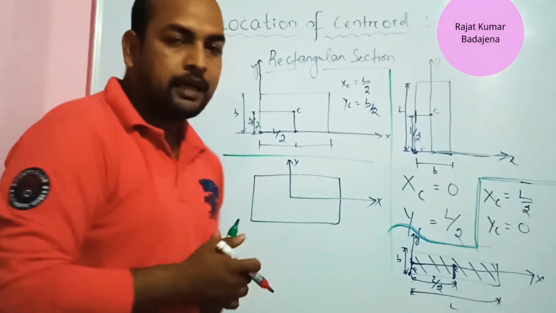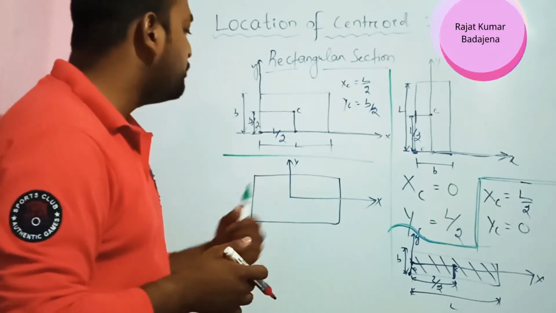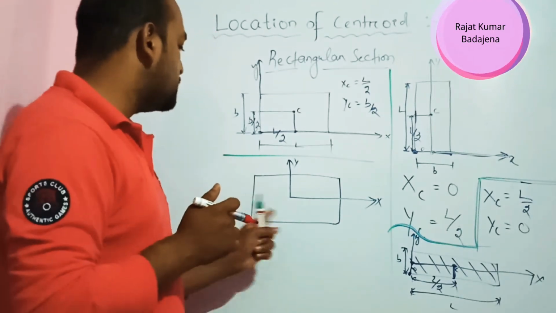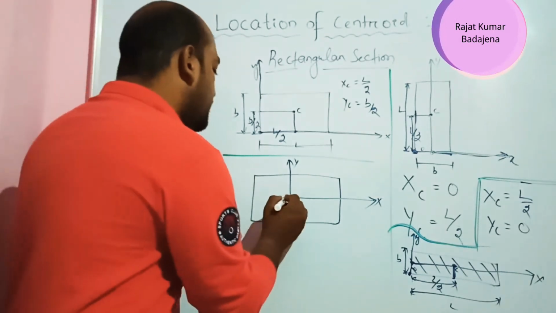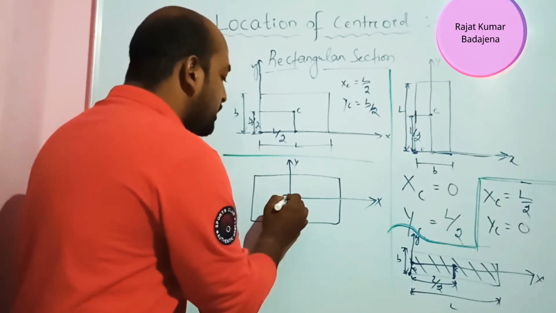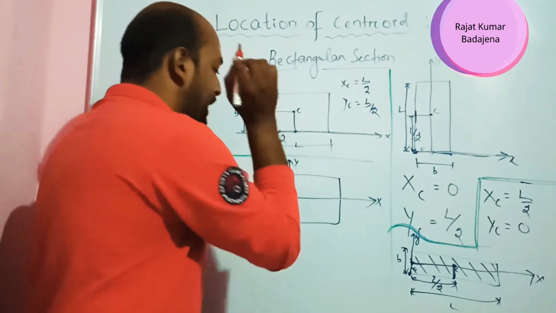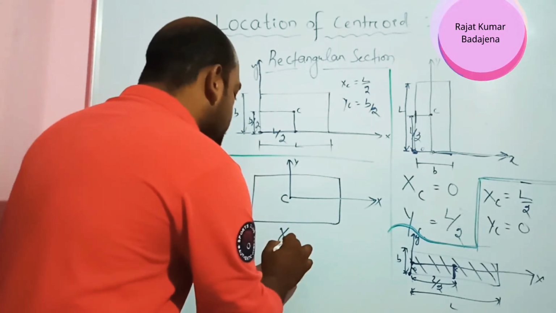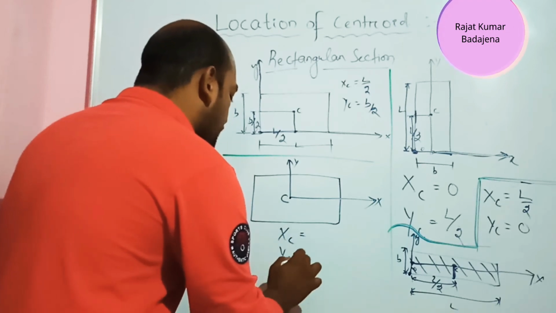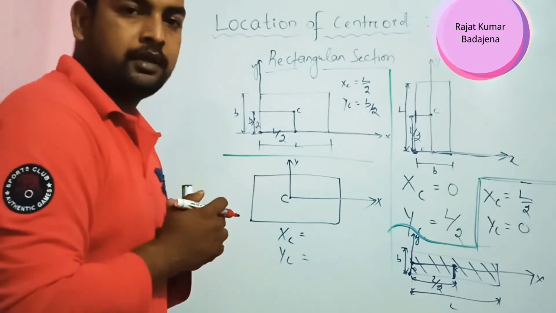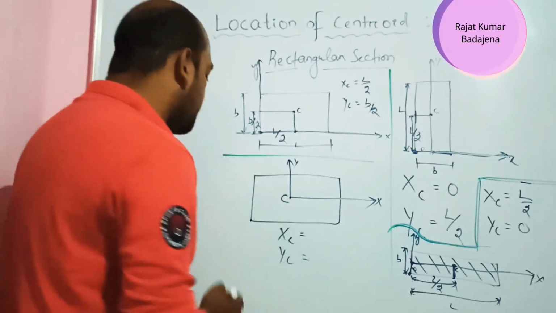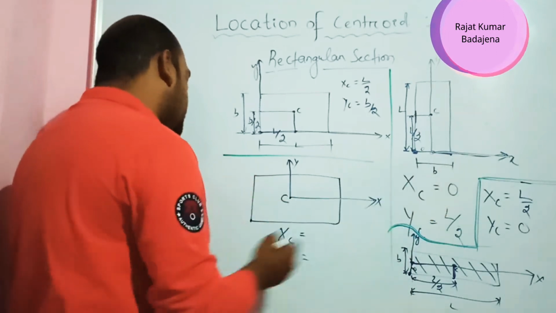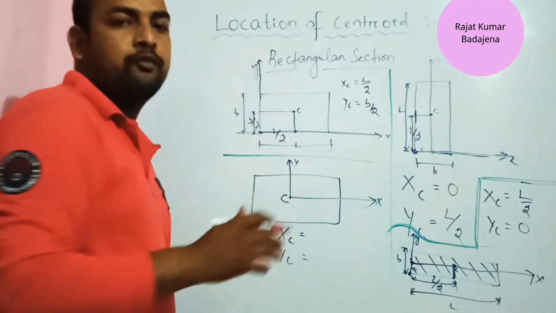Okay. Suppose a question like this comes to you. So you have to find the centroid about the x-axis and the centroid about the y-axis. So this is nothing but a rectangle figure. So here this is the centroid point C. Okay. From this point this is the x-axis and this is the y-axis. So you have to find out the centroid about the x-axis and the centroid about the y-axis. Okay. So always remember, when we take the centroid, the centroid point starts from this point of the figure. From here it goes to the x-axis and from here it goes up to the y-axis, up